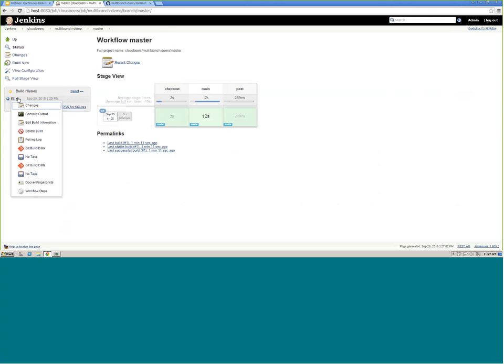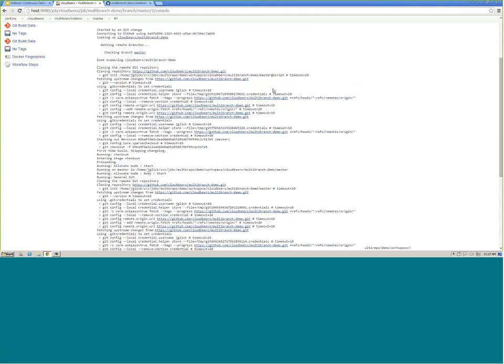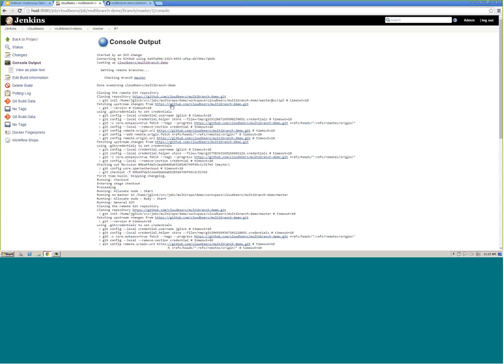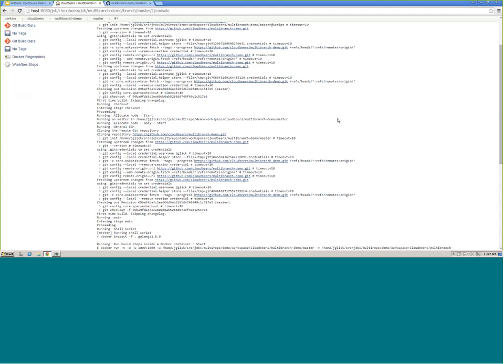So if you want to, you can take a look at the output from this build. So it went and cloned our repository from GitHub. It used my access token to authenticate to GitHub. In this case, it was a public repository, so it didn't matter. And then I'm running various build steps. So first of all, I get the source code,